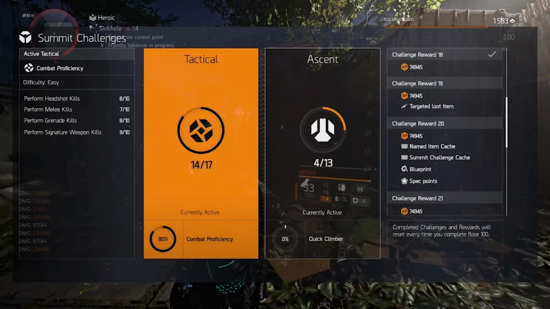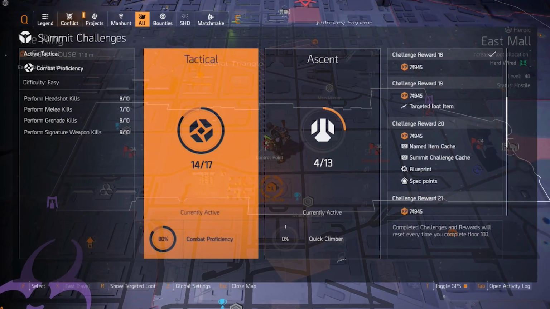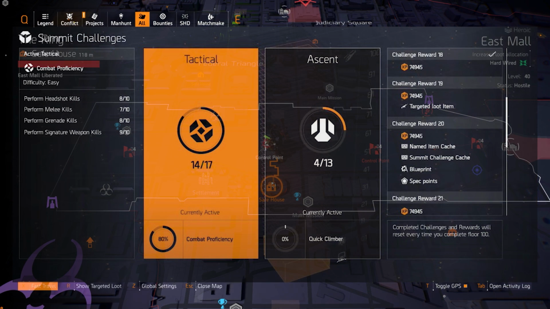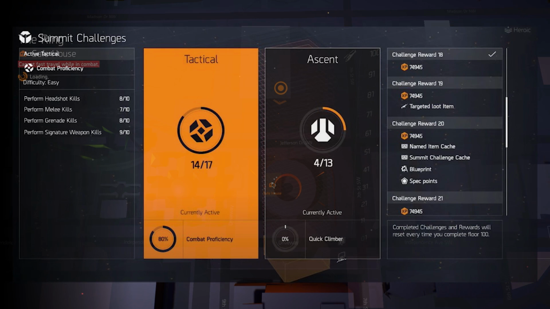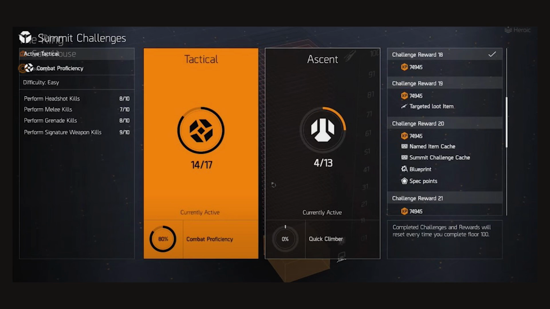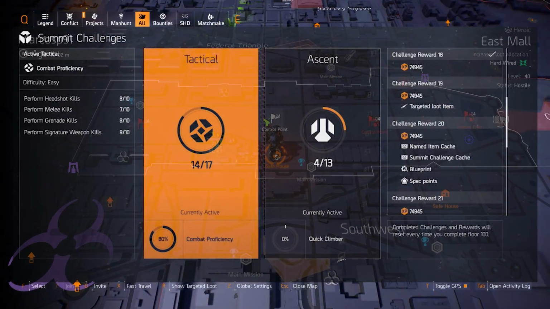Now, after the tactical, we have the ascent, and then we also have the different challenge rewards between the levels that you get. For challenge reward 10, you get your experience. For reward 19, you have your experience and then a targeted loot item. For reward 20, you have your experience, caches, blueprints, spec points, and then at 21, it's going to go back down